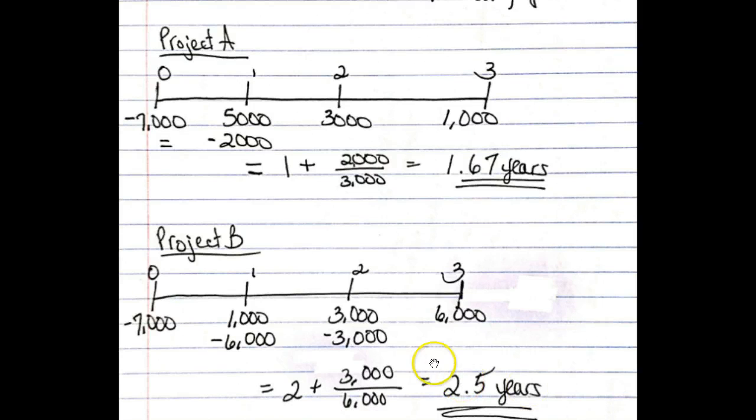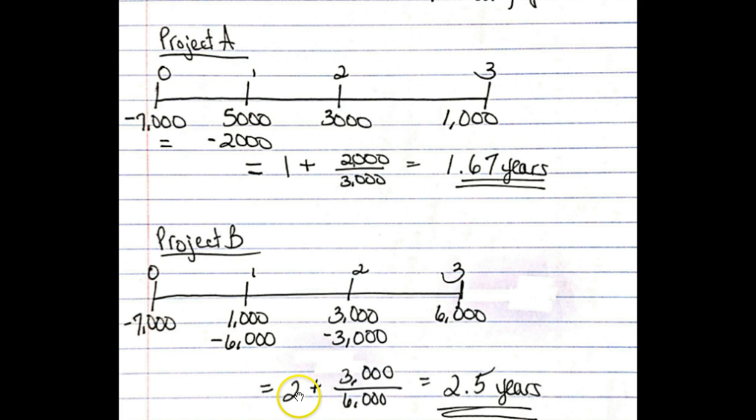And let's do the exact same thing for Project B. Project B, same cost, $7,000. Cash flow in year 1 was $1,000. Add that to the cost, and at the end of year 1, the unrecovered cost is negative $6,000. Okay, great. Add the cash inflow for year 2, $3,000. The unrecovered cost then is negative $3,000, and you can see between years 2 and 3, it's going to go